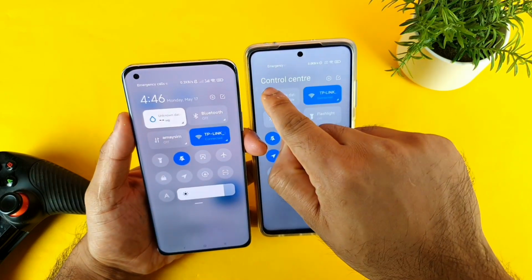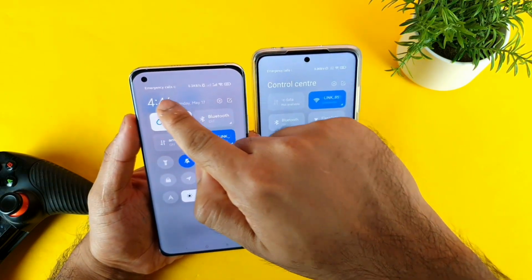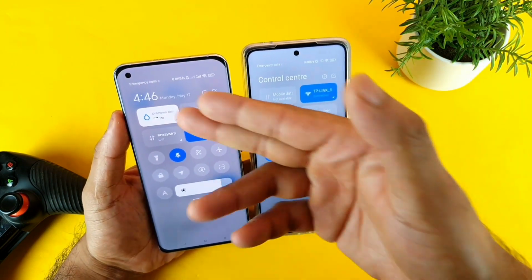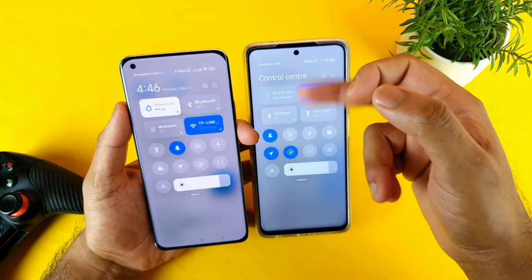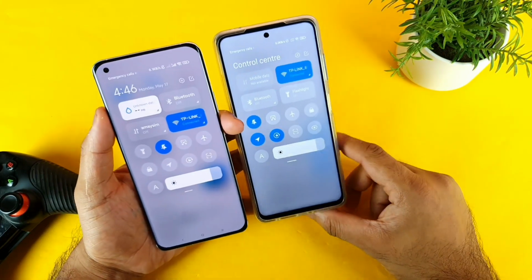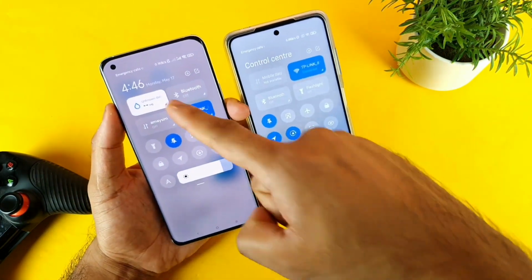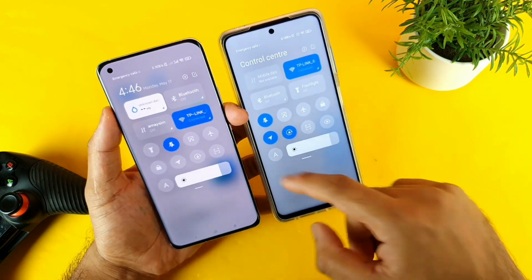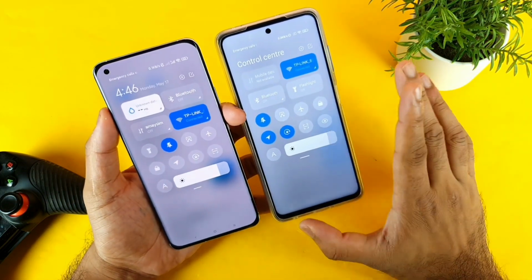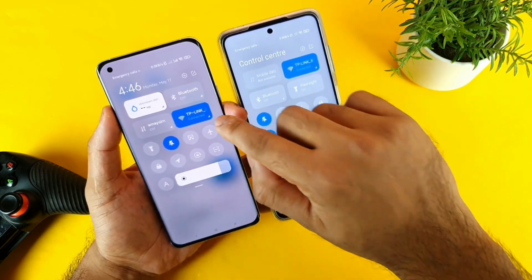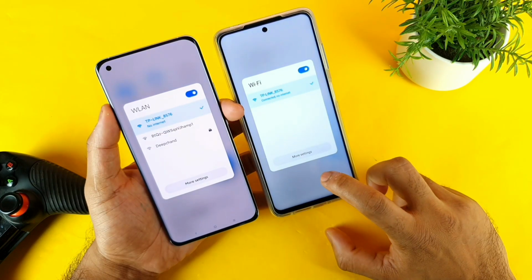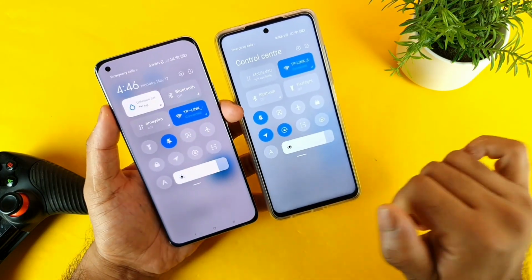And if you observe closely, you can see the date and time got added in the control center instead of the naming. I think it's very beneficial, because there's no real usefulness in having the control center name itself, so it's really good that they added the date and time. That's another good advantage. Overall, in terms of icon design, there is nothing much difference. Even if you tap this small line, you get the same kind of menu style, with the same type of animations and everything.